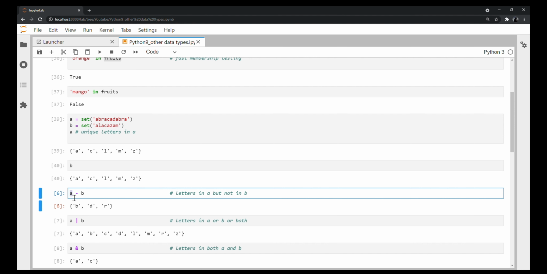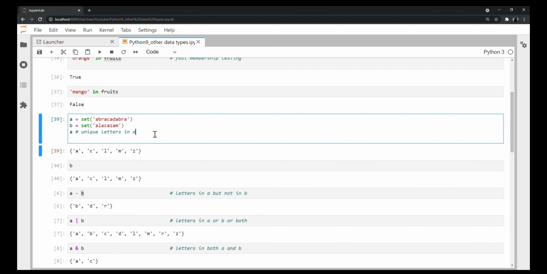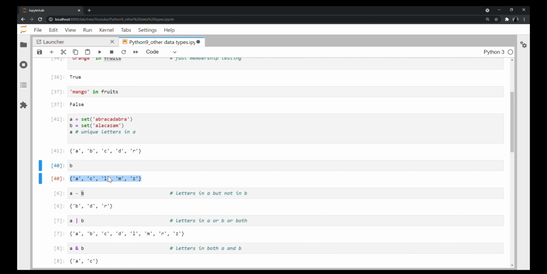So I'm saying it's in A, but it's not in B. If you remember, this is what I have in A. Let me run this. This is what I have in A, and this is what I have in B. So it will take out everything in B from A also. So if you see, the only things left are B and D, because B and D are not available in